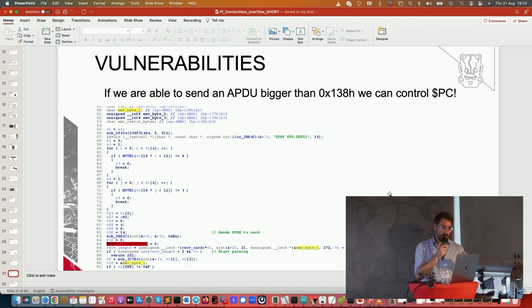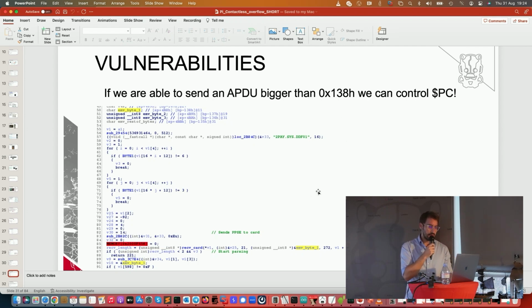Okay, so looking at the code, we can see that this is the function, like I said before, that starts receiving from the card. So this particular stack buffer here in yellow, if we can receive with our emulated card more than 138 hex bytes, which is more or less 312 bytes, if I remember correctly,